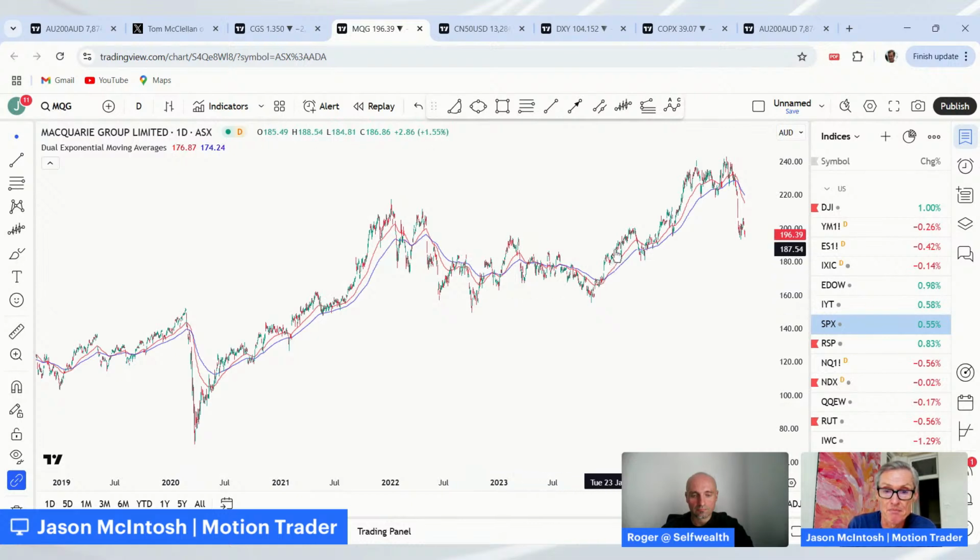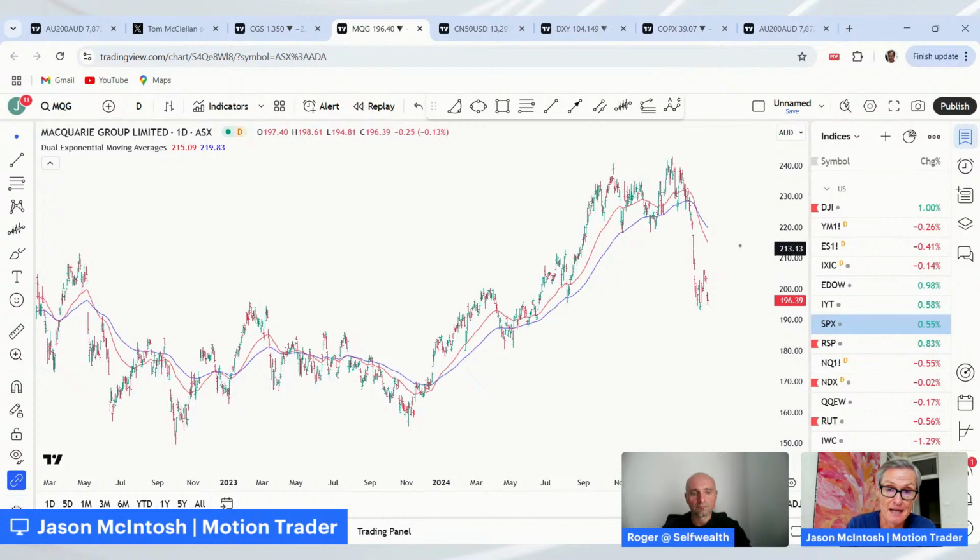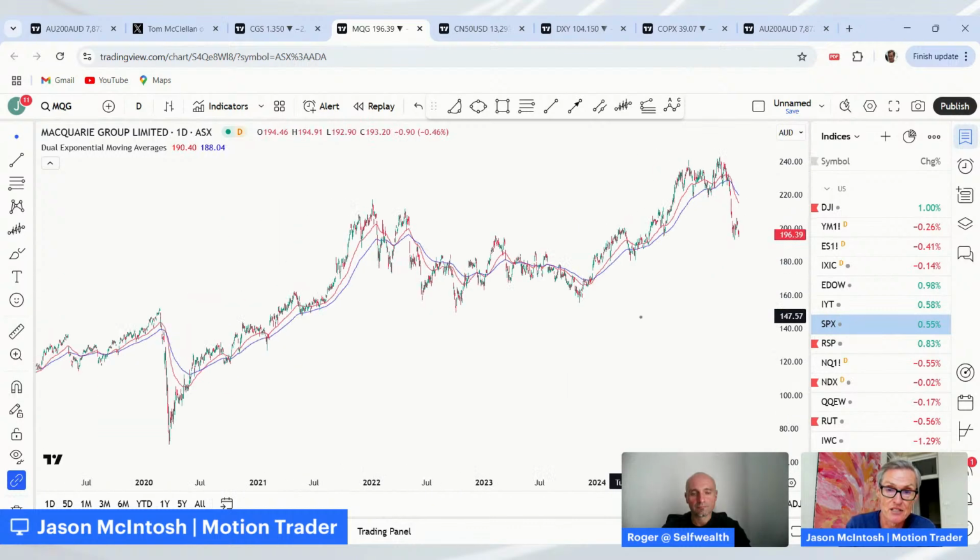Yeah, look, I think maybe a position could have been initiated early last year, and that could still be being held with a wide trailing stop, but I probably wouldn't be giving it much more room here. It really does need to stabilise around current levels and start to build out a base and make its way back higher. It's certainly in a weakened structure. It's on the wrong side of the moving averages, so it remains vulnerable. Hence, I wouldn't be looking to initiate a position, but I could keep holding it, but I would want to make sure I did have an exit plan should it continue to deteriorate.